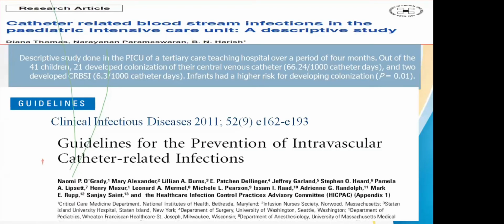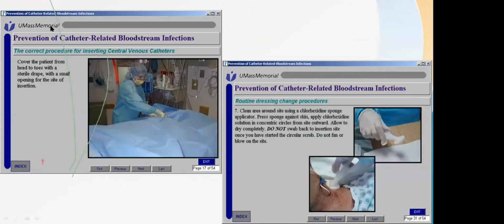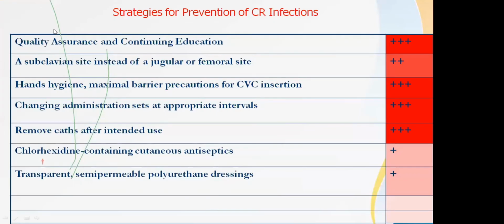Okay, there are certain guidelines when we talk about strategies on how to reduce these central line associated bloodstream infections. First and foremost, these red areas, what I can show you, the plus ones, you cannot run away from these challenges which occur in our day-to-day activities, and we really have to look into these areas. So we need to have a checklist, a bundle checklist, and identify the areas where a breach can occur.